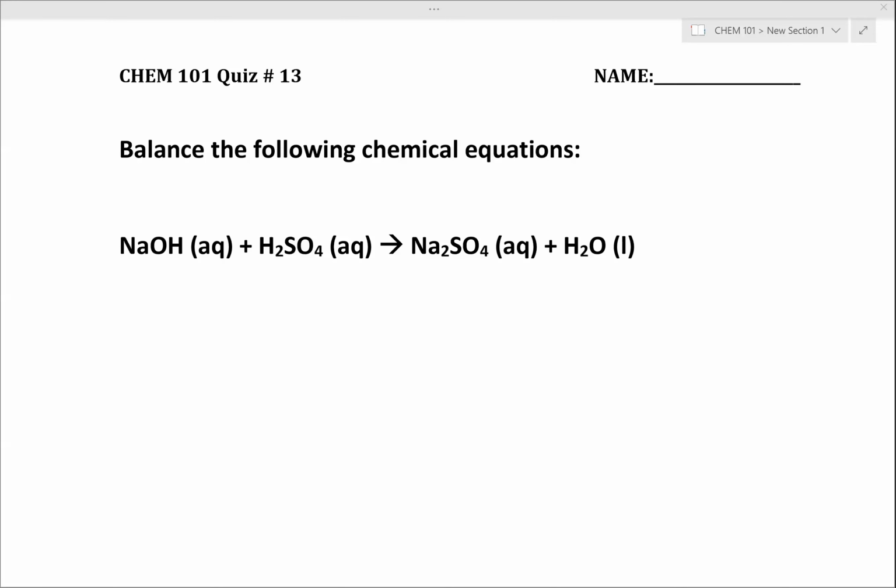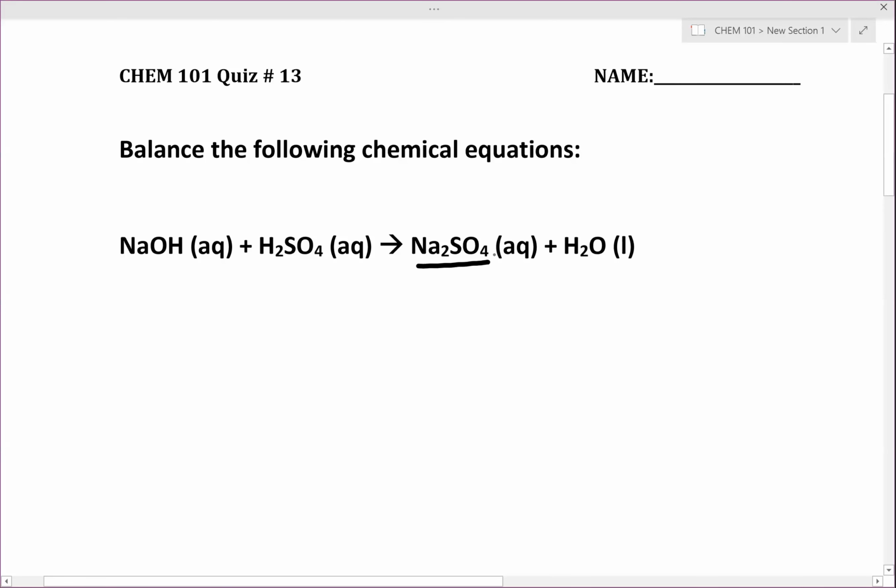So in today's quiz, you are asked to balance some chemical equations. These aren't randomly chosen. These are textbook super types of chemical equations. The first reaction is known as an acid-base reaction. Now, the real key for solving and balancing these kinds of acid-base reactions is to pay special attention to your